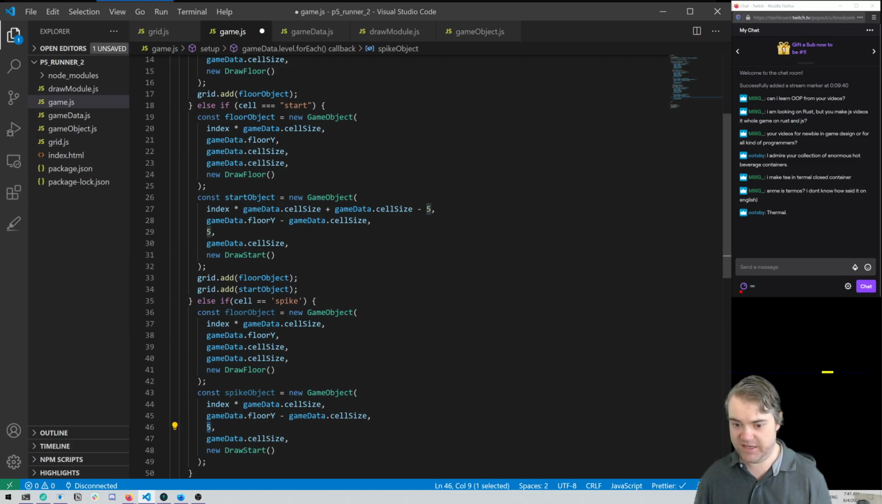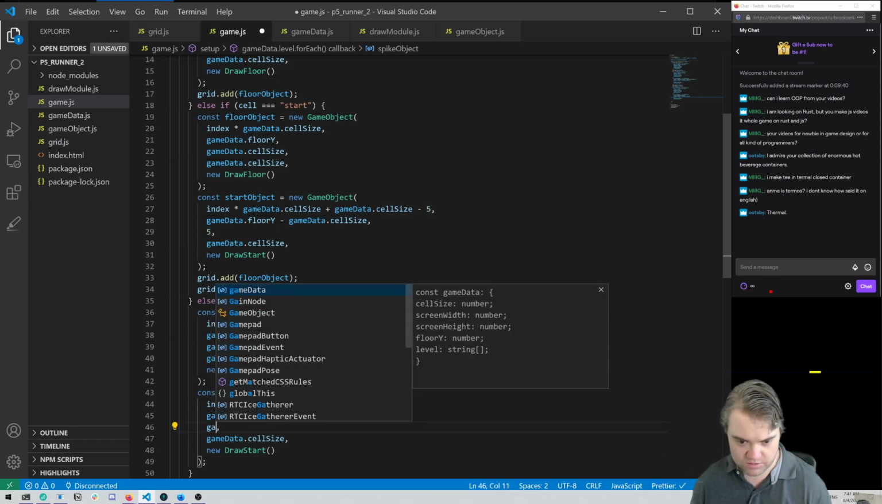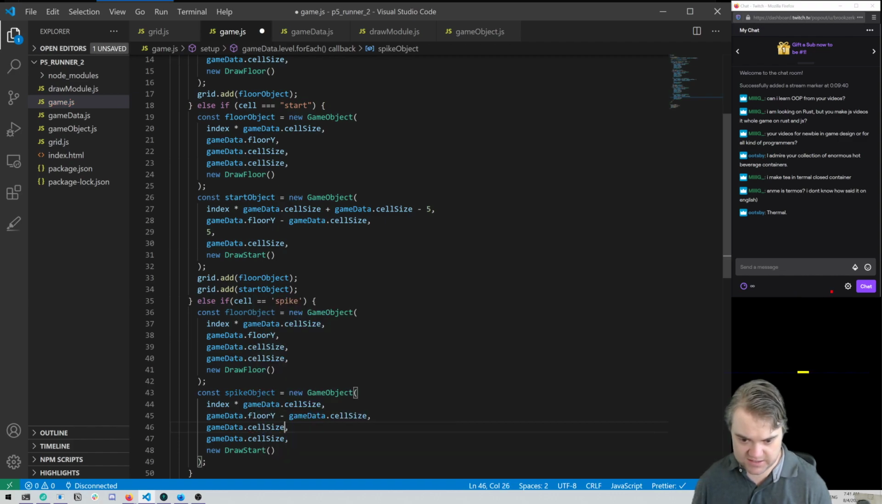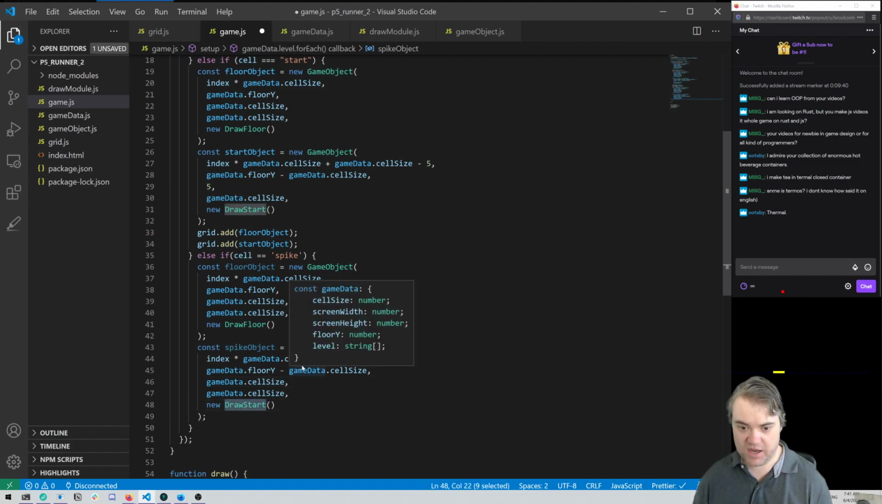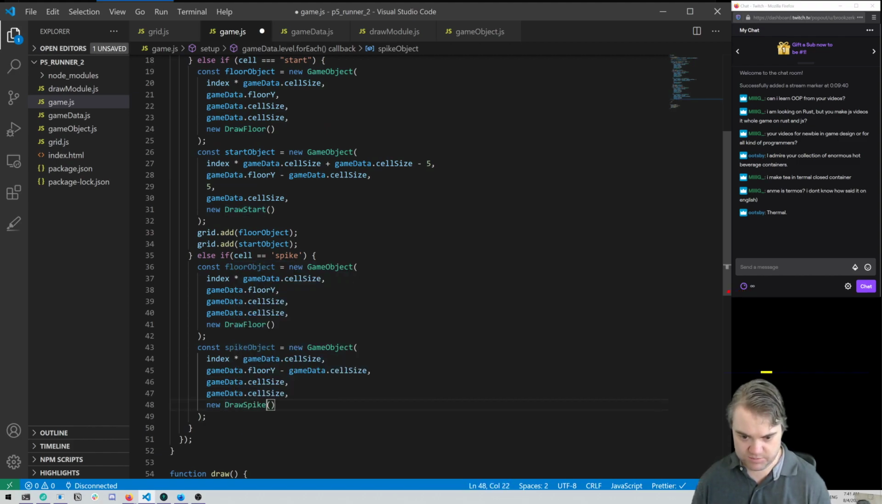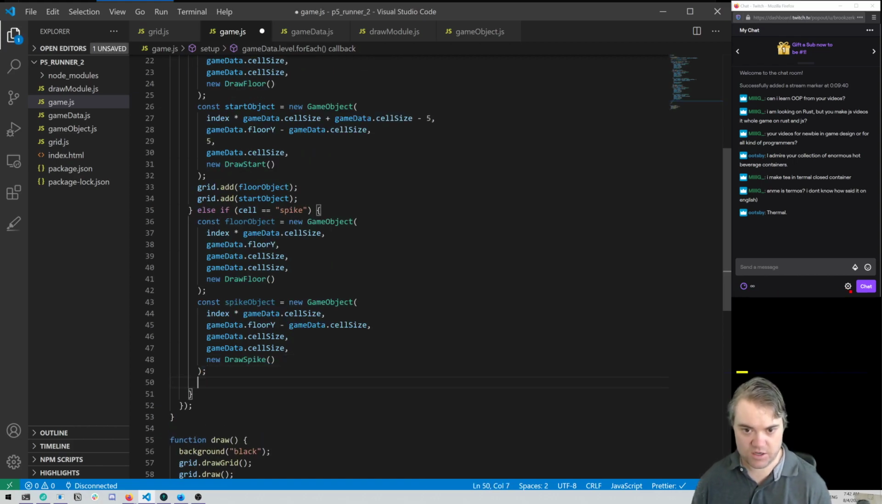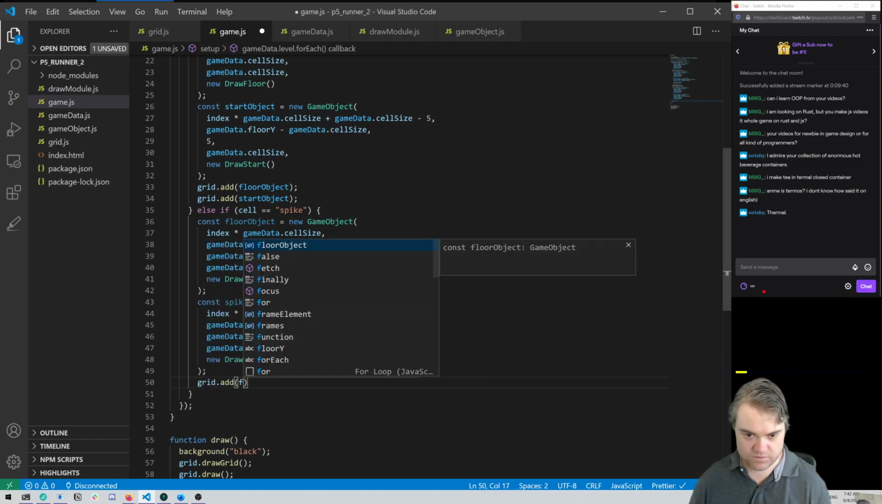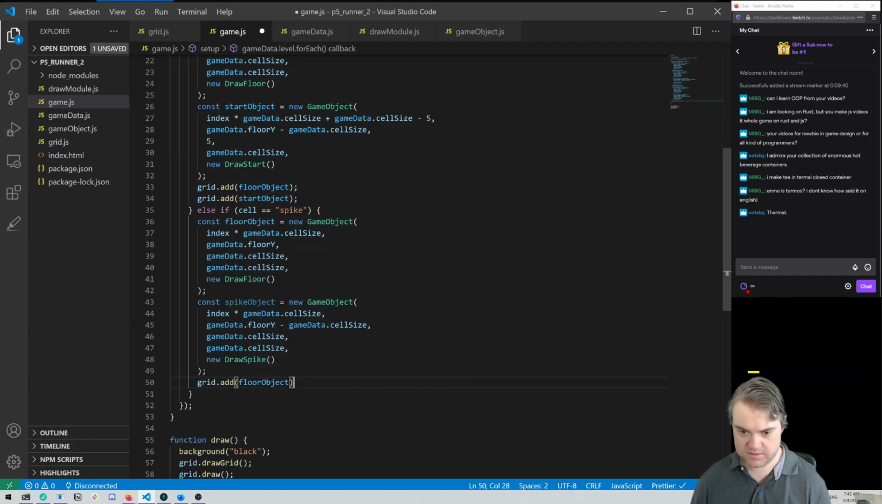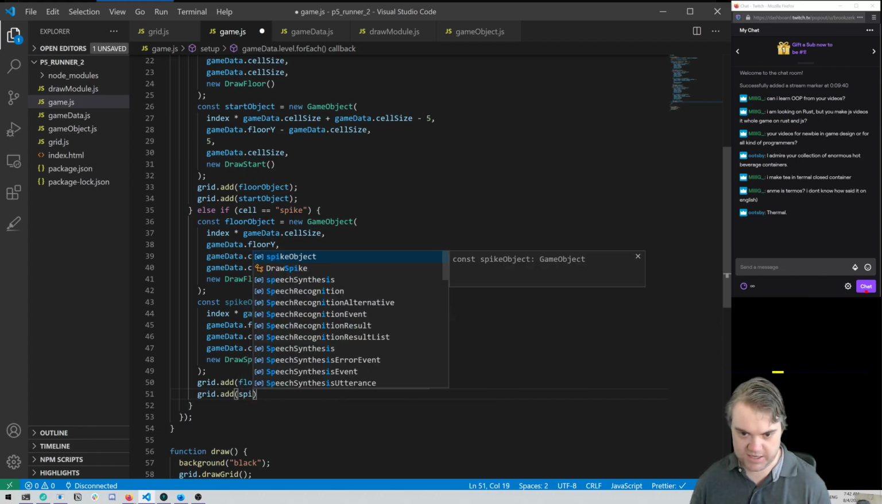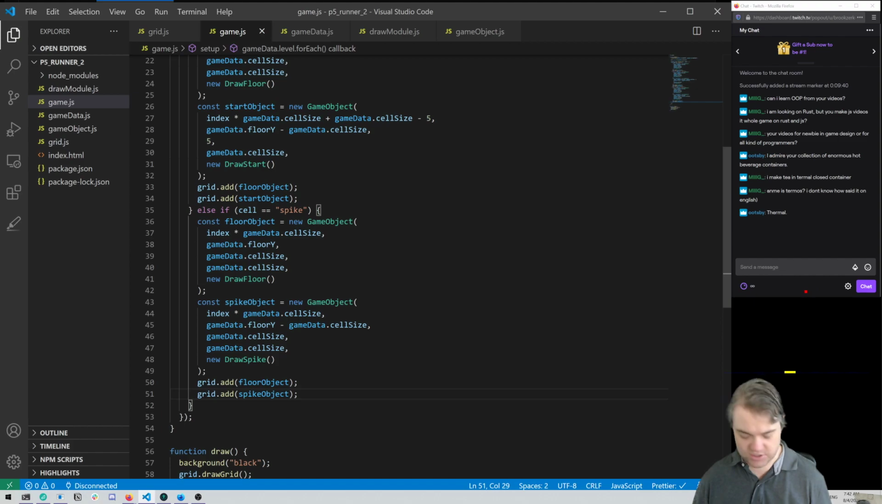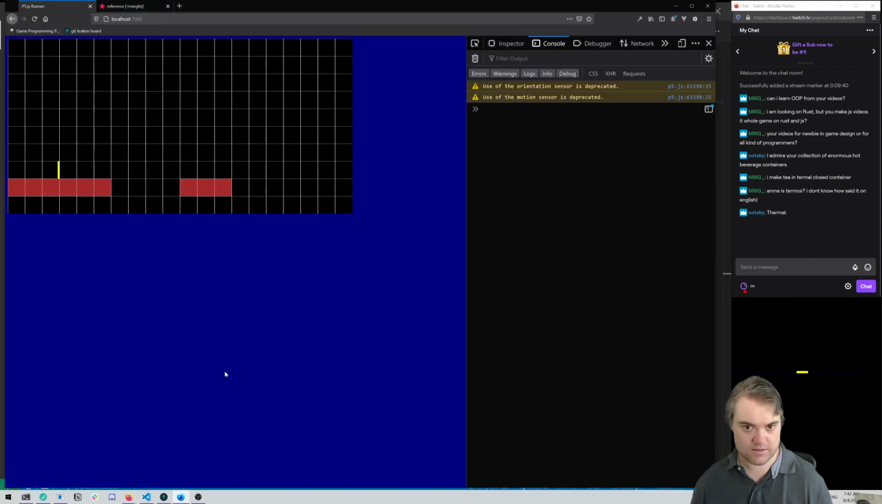Our width is going to be the full cell, so game data dot cell size. And then the height is going to be the cell size. And then the draw is going to be a draw spike. And then we need to add both of these in. So we're going to do grid.add floor object, grid.add spike object. And so if we run this,